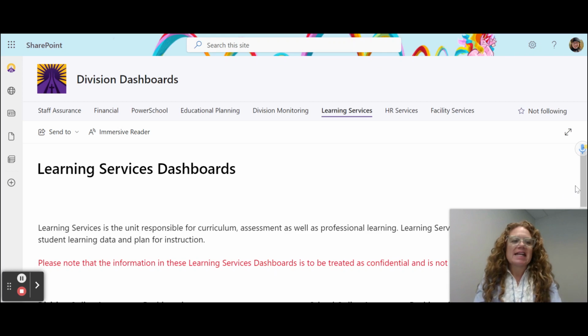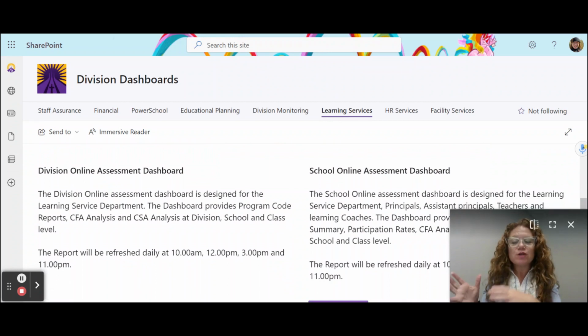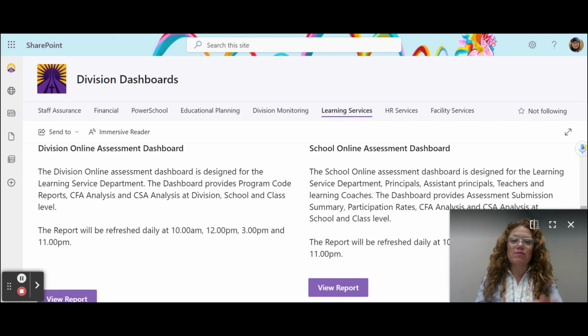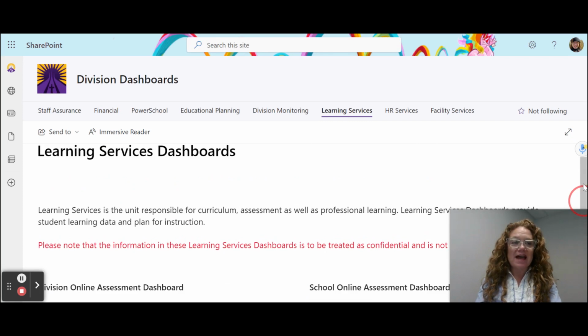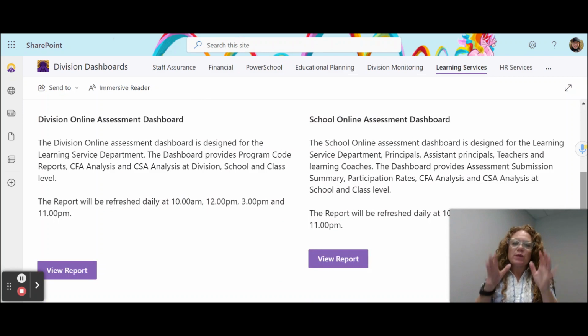All right. Now, this dashboard, yours might look a little bit different than mine. I, of course, have some divisional data, but you're also going to have your school online data, which is this data right here on the right-hand side. Now, the data that you will have access to will kind of depend on your role. So when we look at that school online data, teachers, of course, you have access to the data for your specific classroom. All right. When it comes to